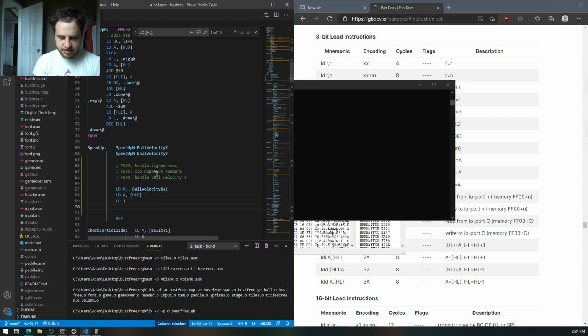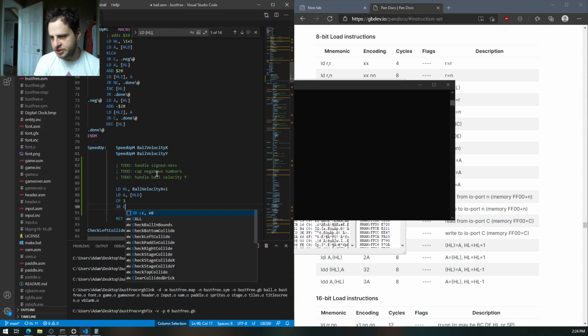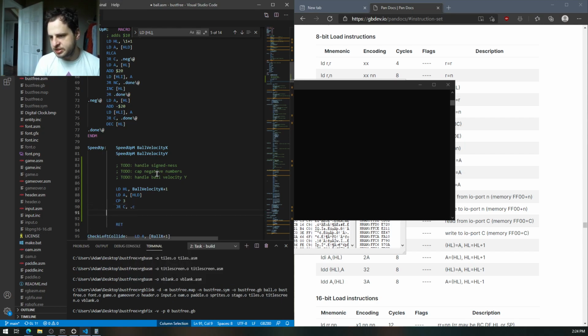If it's less than 3, like if it's 2, say, 2 minus 3 is going to underflow. It's going to go below 0. The carry bit is going to be set. So if the carry bit is set, I'm done. I know that I'm okay. If the carry bit is not set, then it is at least 3. So I want to